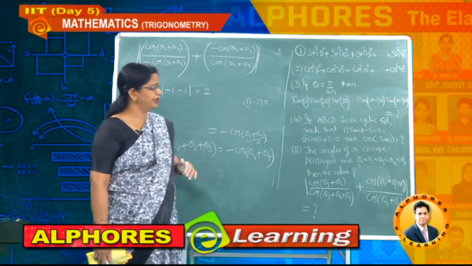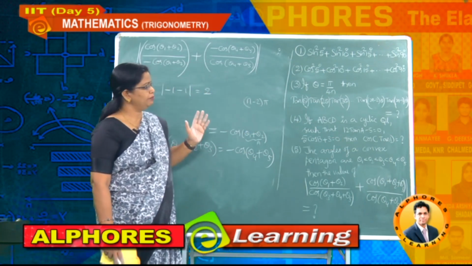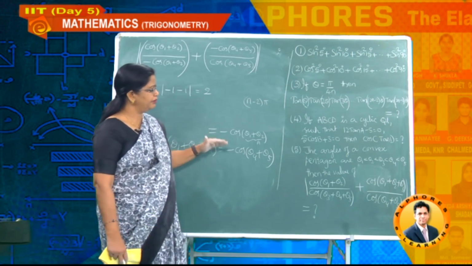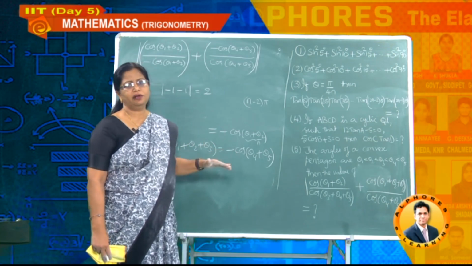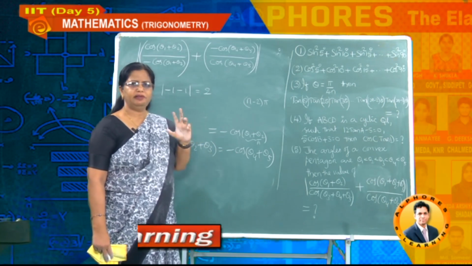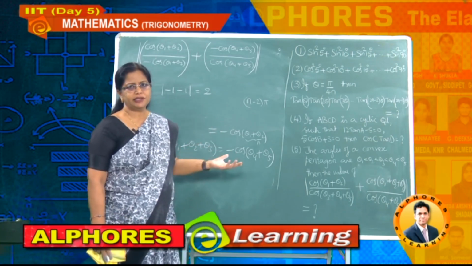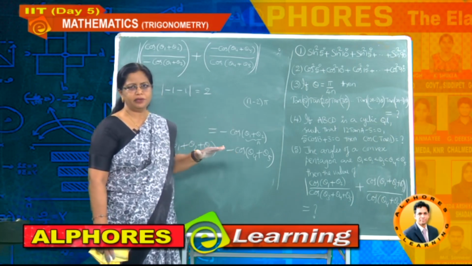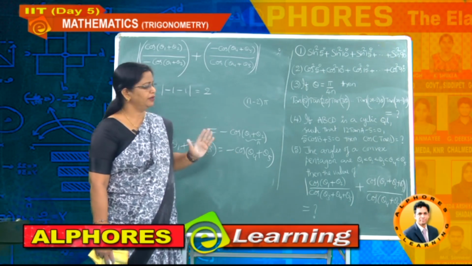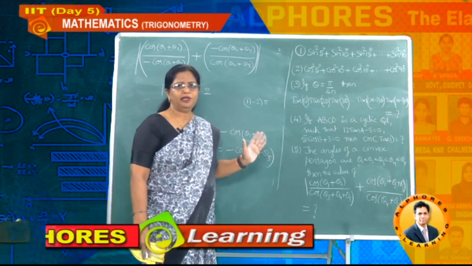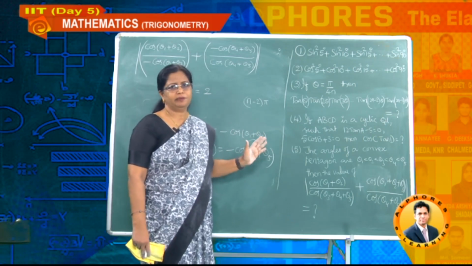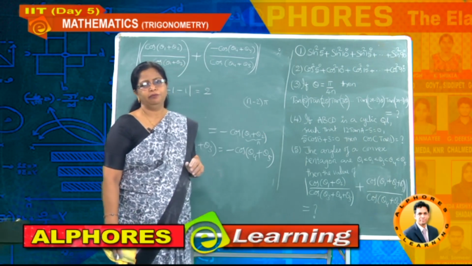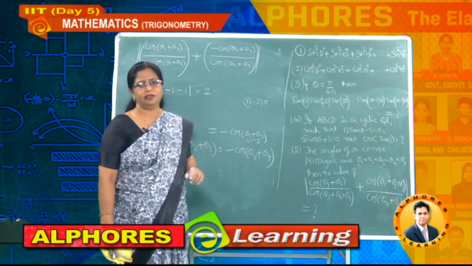So my dear students, today we have discussed some problems based on allied angles. And tomorrow we are coming with graphs of trigonometric functions. Those are very, very interesting, in the next session, with graphs of trigonometric functions, only basic. Not big graphs, just graphs of different trigonometric functions with some examples. Okay students, just go through all these problems once again to get complete confidence on these. Thank you.